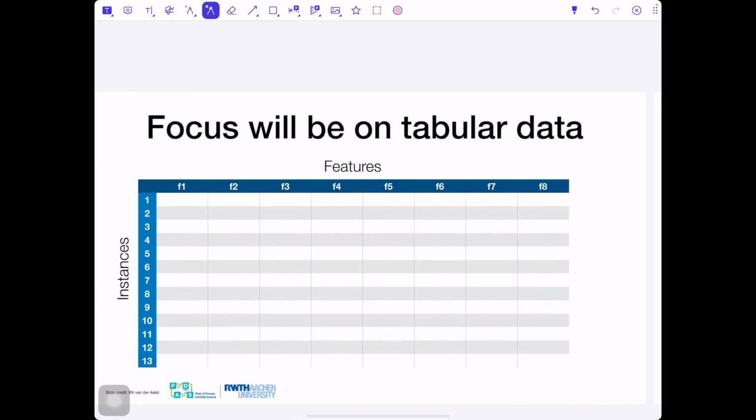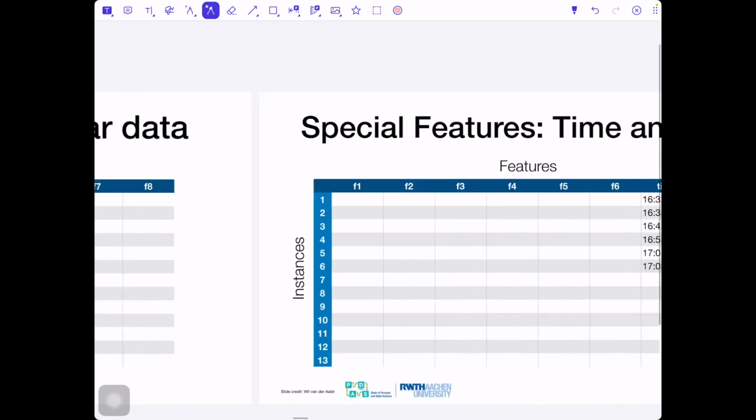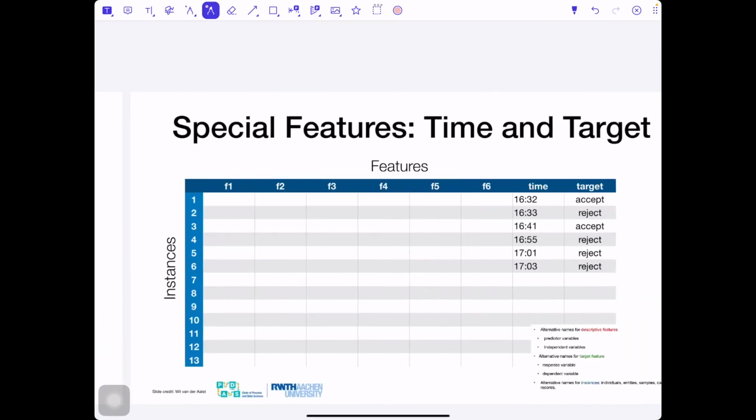As I mentioned in the beginning, our focus will be very much on tabular data because they are most commonly presented, and 80% of problems can be translated into tabular data. As we discussed before, instances correspond to rows and features correspond to columns. We distinguish special features.